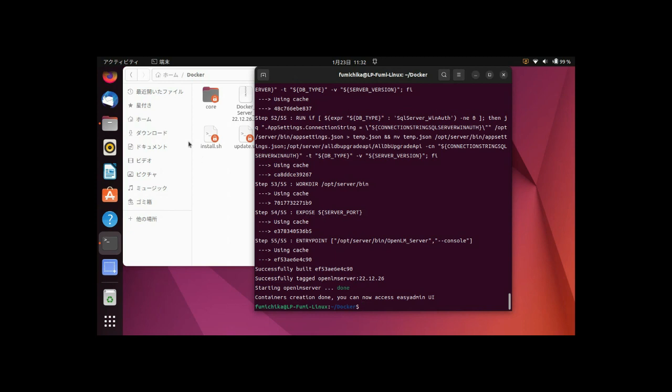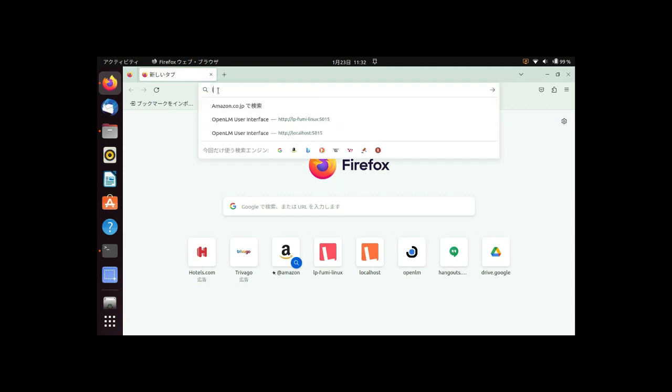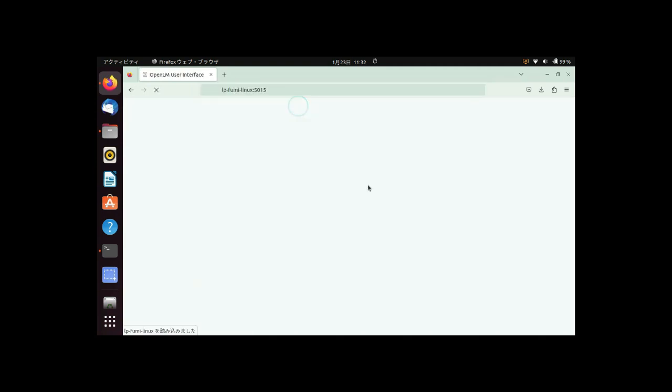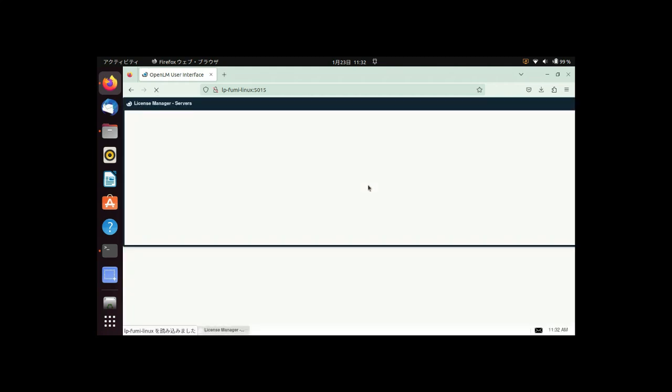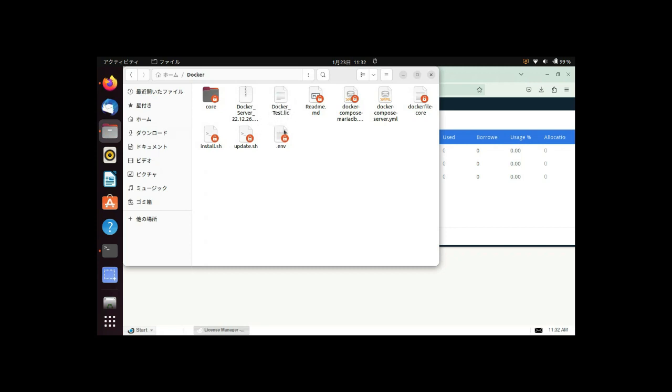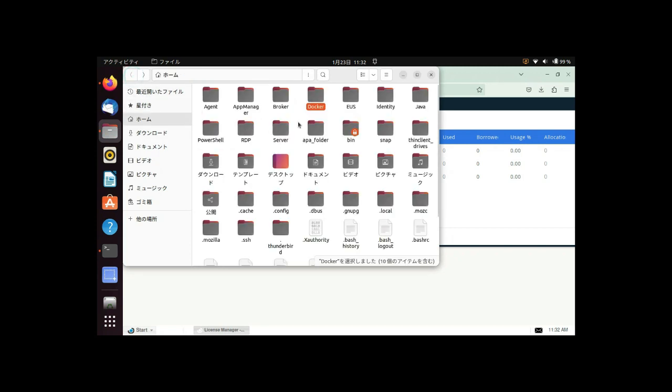So now you can access to the EasyAdmin. So I open up the browser here and then type the Docker hostname and MAC address in here, 5015. So it's working. And then in my case, I also installed the Linux application manager, broker, and then end user